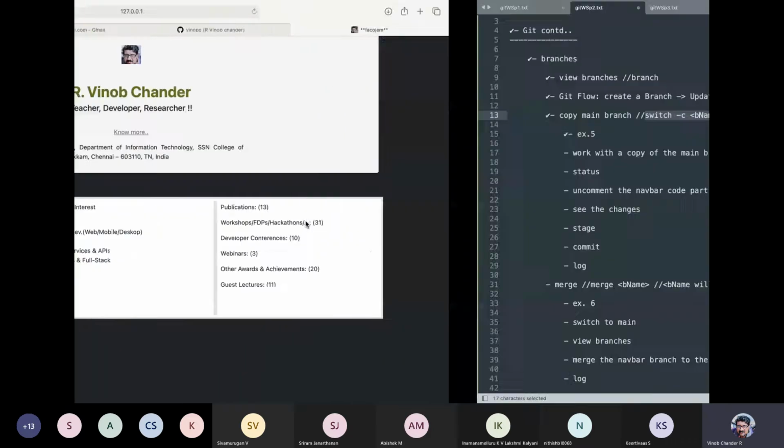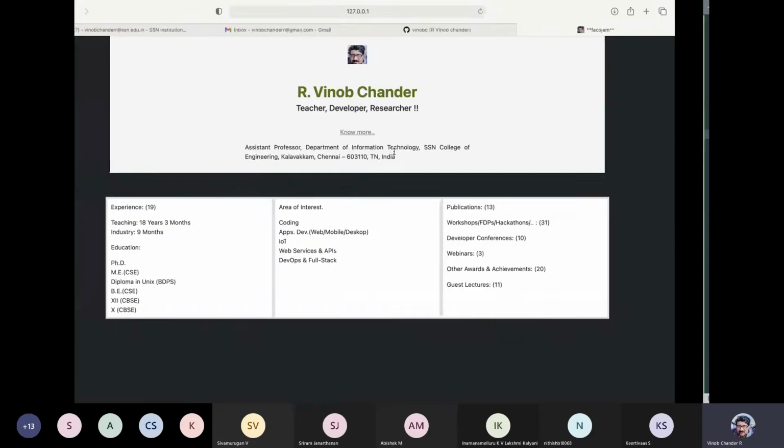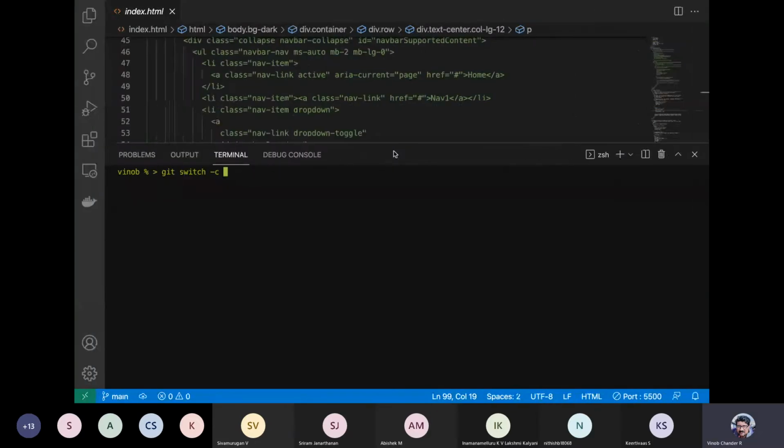So we have some help over here. Let us call it navbar. So let us say git switch -c navbar, right? This command will create a branch called navbar, which is an exact replica or copy of the main branch that you can use locally or separately and work on.